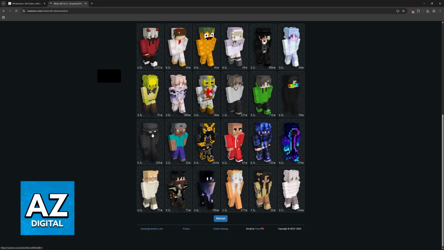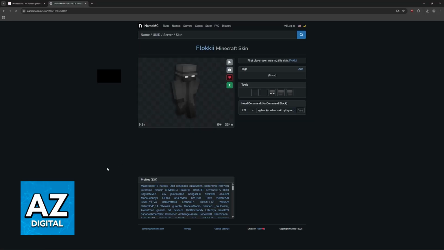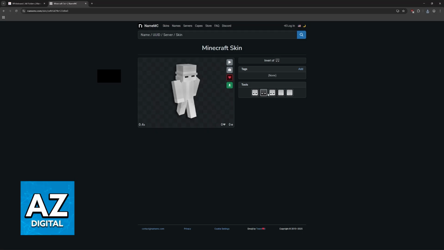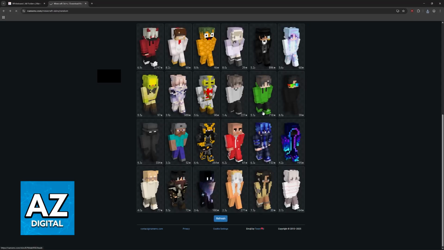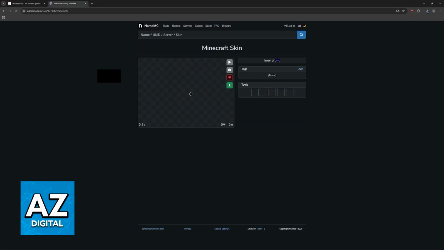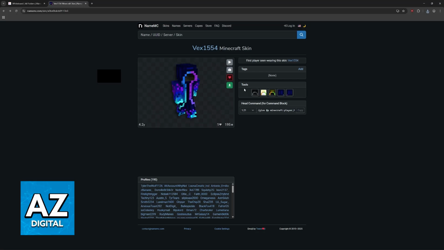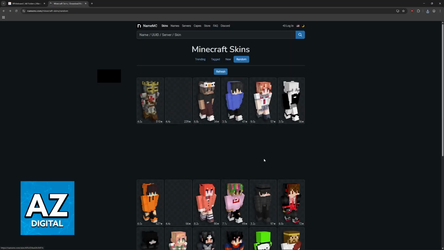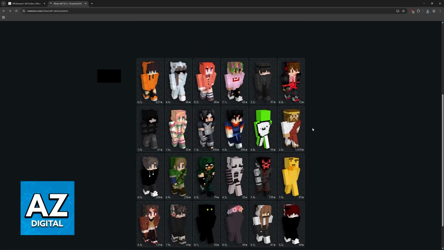So let's say, for example, I want to use this skin here, so I'll click on it and then click on this little download button. They have some tools as well that allow you to invert the colors, change the hue, and other options, which might give new life to a specific skin that you found. So as you can see, it can look quite different if you invert the colors and so on. So just find a specific one that you like.